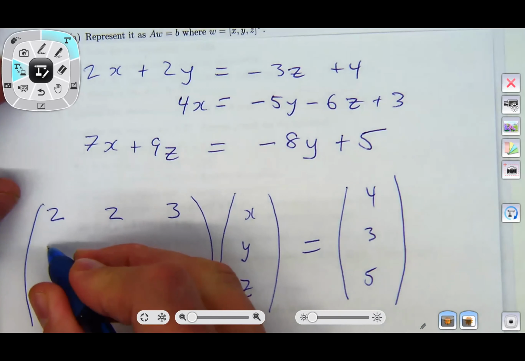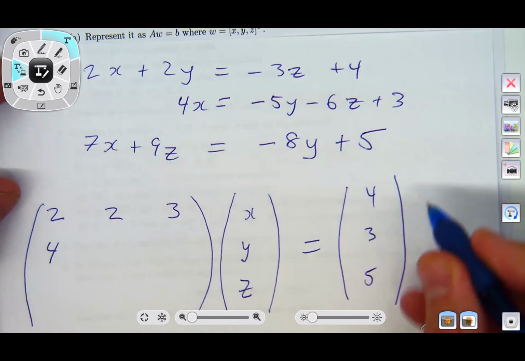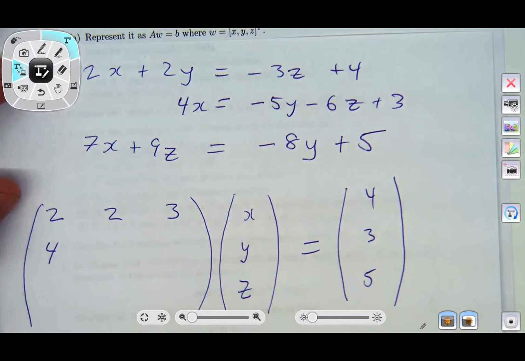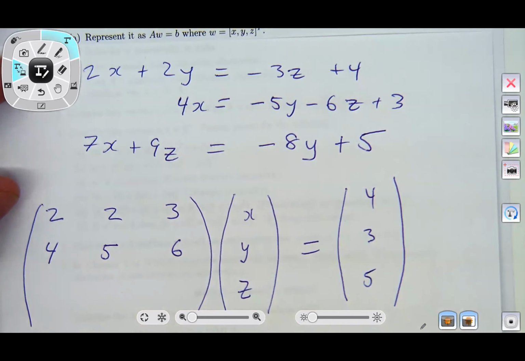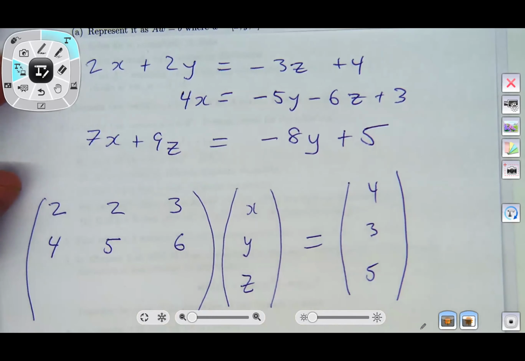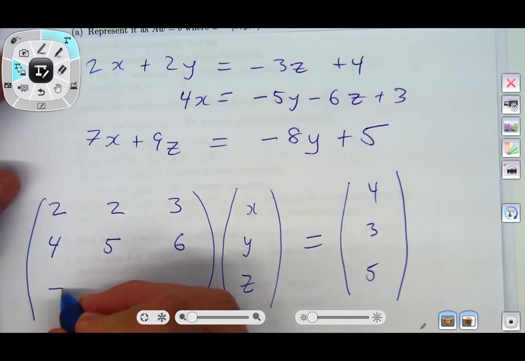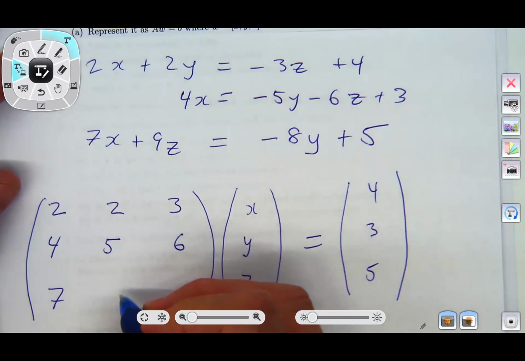Okay, then we have 4, but when we take the minus 5y and the minus 6z over to the left-hand side, well, we have a 5y and a 6z, and so we'll write 4, 5, 6. Now you see a nice pretty pattern here. That's